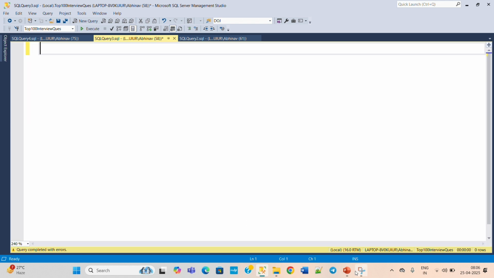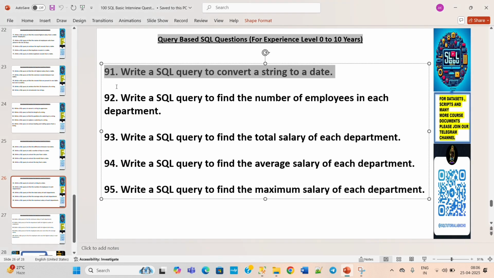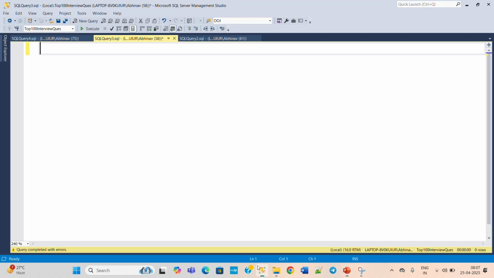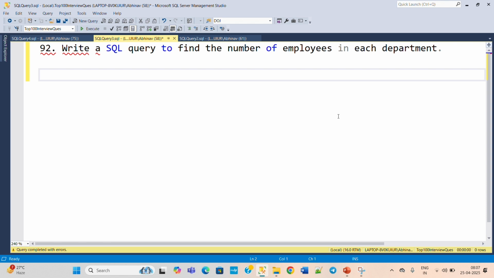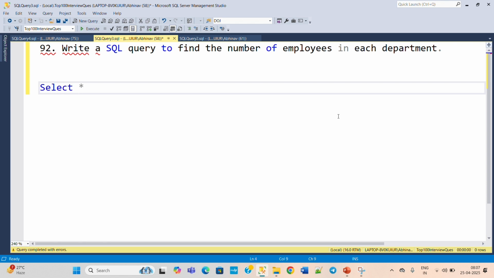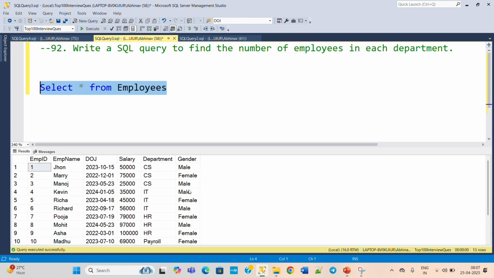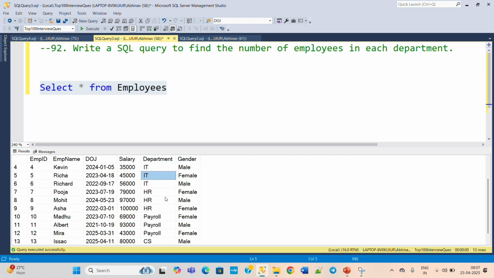Now the next question will be the 92nd question. Write a SQL query to find the number of employees in each department. So in each department, what is the number of employees in the employee table? First of all, do a select star from employees, and first execute this. Then we will check the number of departments and then the number of employees in each department. So execute this. Here you can see 13 records are there, and there are some 4 distinct departments: